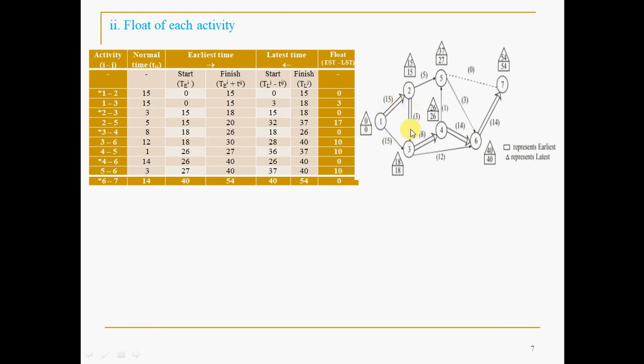See, 1 to 2, 2 to 3, 3 to 4. They are the controlling activities of the project. The other activities, even if you delay them, it's not a problem. But these are the critical activities which will determine the project duration. If these activities are delayed, the project duration will be delayed. Hence, they are called critical activities. Fine. Now, critical path and duration.